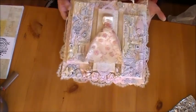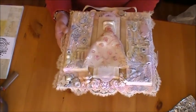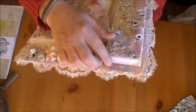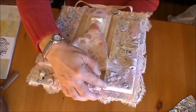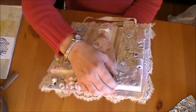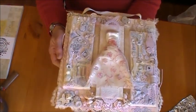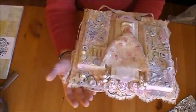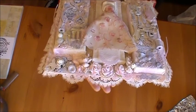I took a 12 by 12 flat canvas, and then I was in Michael's, danger, and saw that they had these smaller canvases that are probably 3/4 of an inch deep. That's probably 3 inches across, and I would say 9 or 10 inches long. So I took 3 of those and just went with it. First I covered all of the canvases with this vintage wedding gown fabric that I had